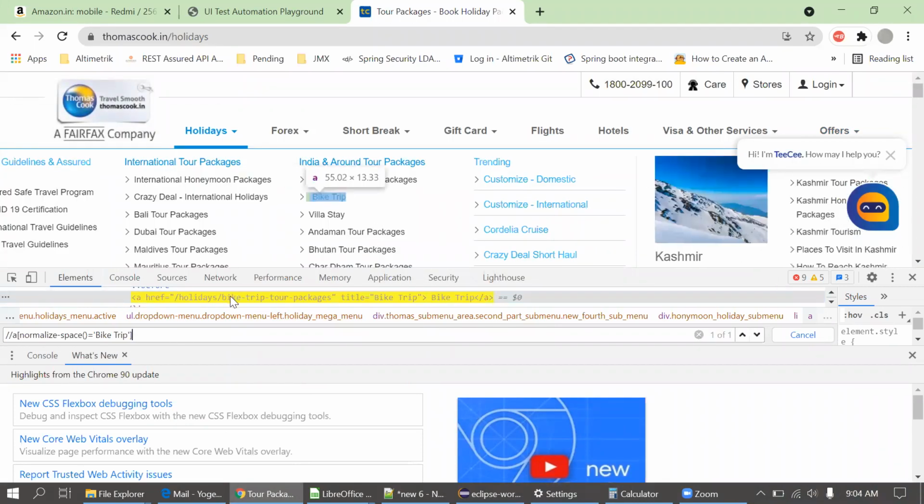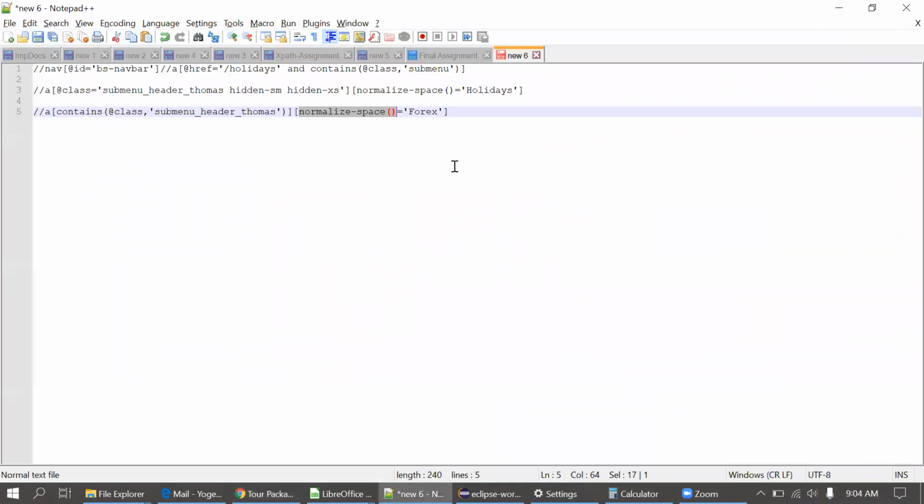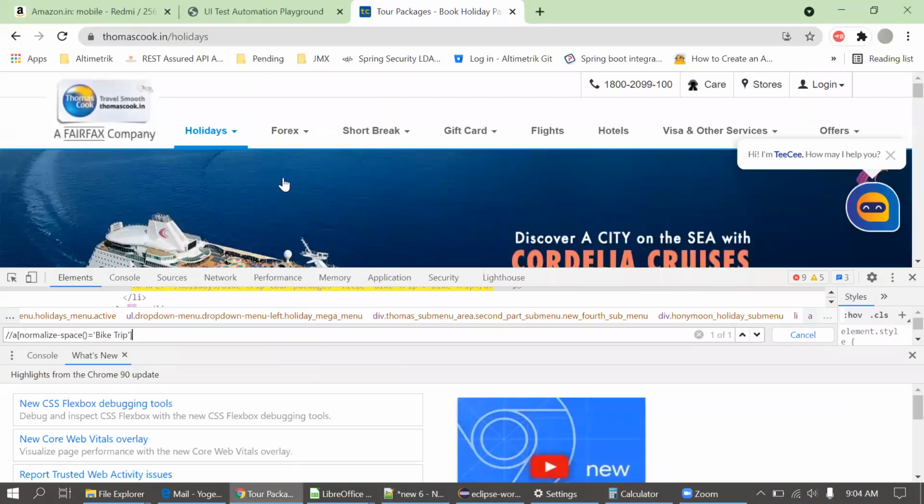Yeah, it is pointing to the right element now. Okay, that's fine. So I'll copy this XPath again. Now this should also work for other options as well.